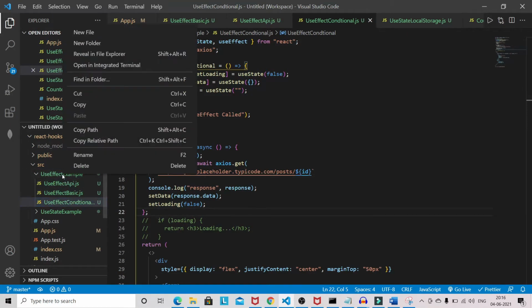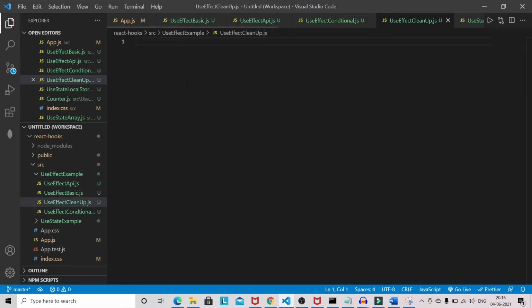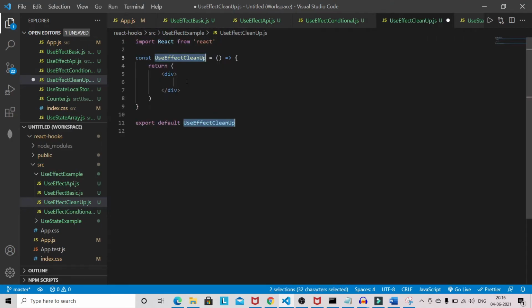So guys, let's create one more file here, like useEffectCleanup. And I'll just copy this one. Sorry, just generate the React snippet.